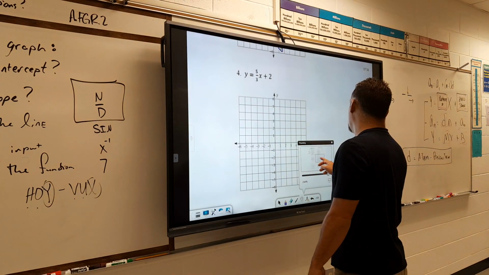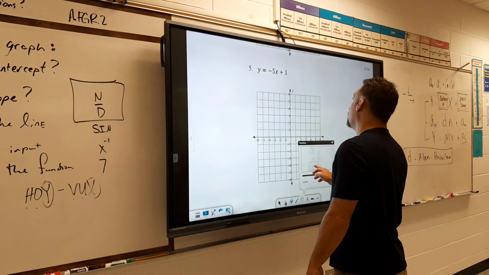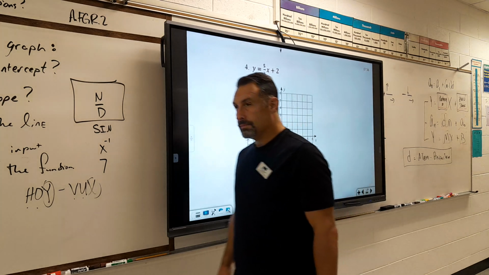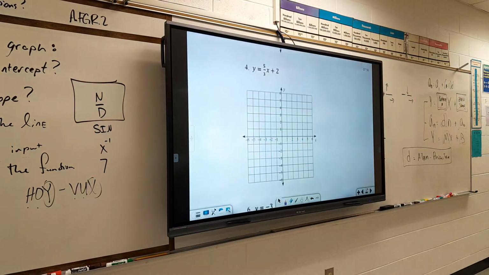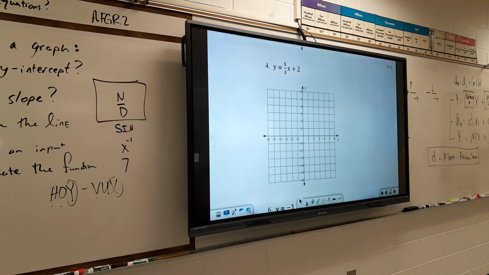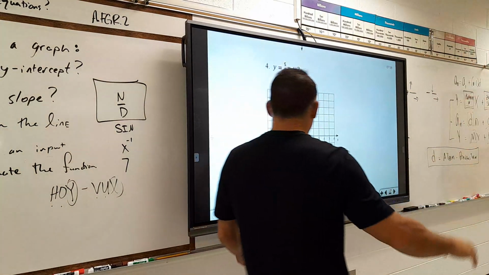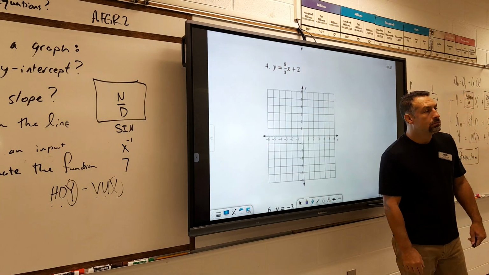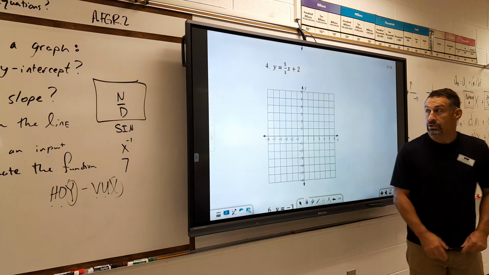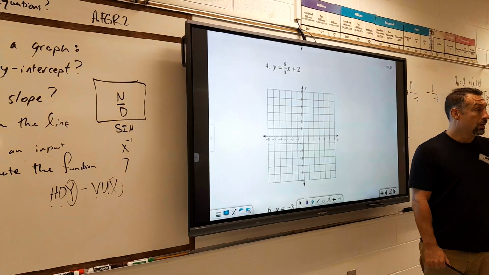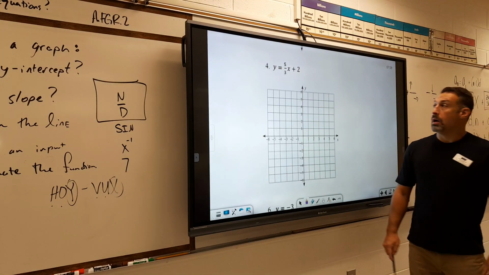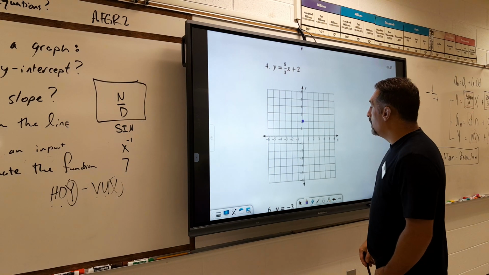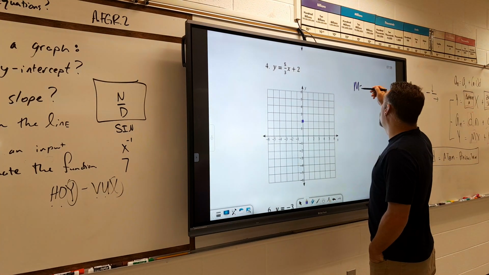These ones are actually a little easier. Let's see. Let's try this one. So, quiet please. All right, so where would my start point be? 2. There's a lot of 2s. I see 4 different kinds of 2s up here. On the y-axis, it says y, we go up 2. Okay. What about our slope? We know the slope is what? 5